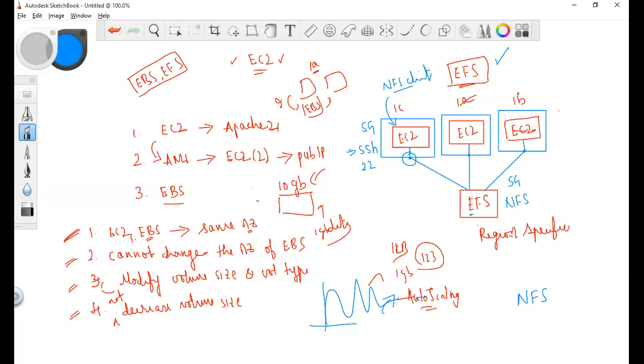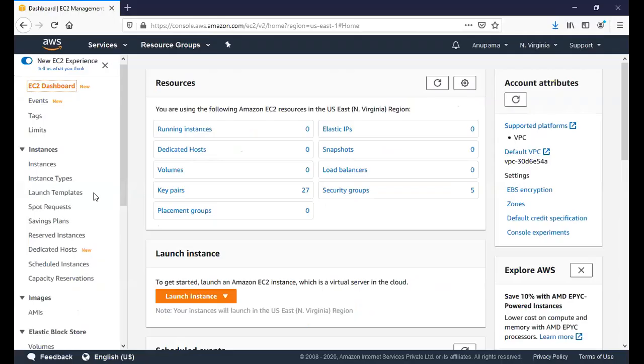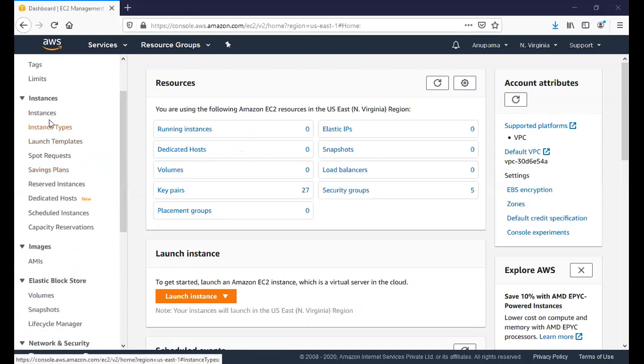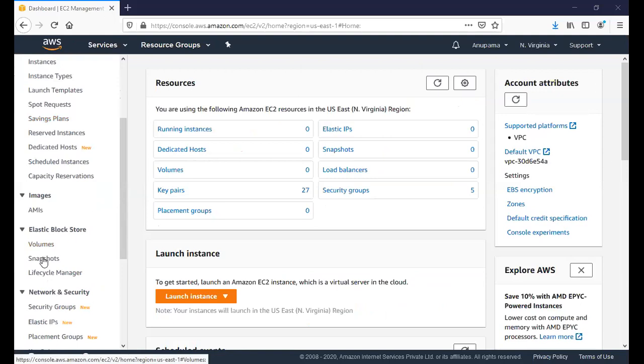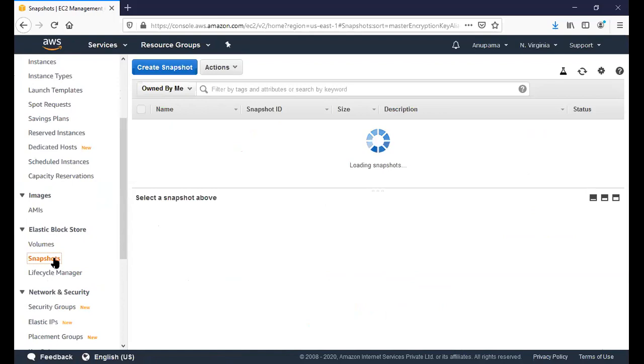Jayesh is asking, suppose after a few days we want that snapshot data, where can we see it? Dear, we have already seen how to see the snapshot. Let me just share my screen. You see, guys, in the last class I created an EC2 instance, created a volume and took a snapshot, and you can see the snapshot from here. I already explained this. So you might be having a snapshot here.